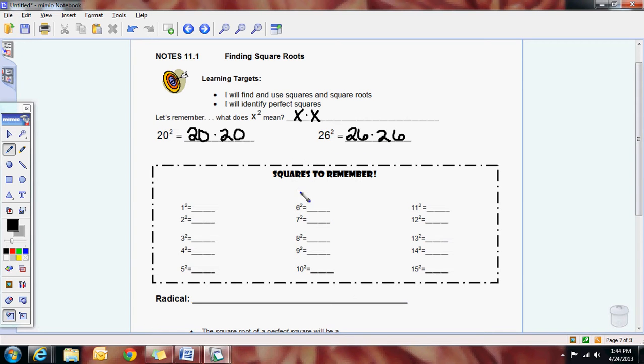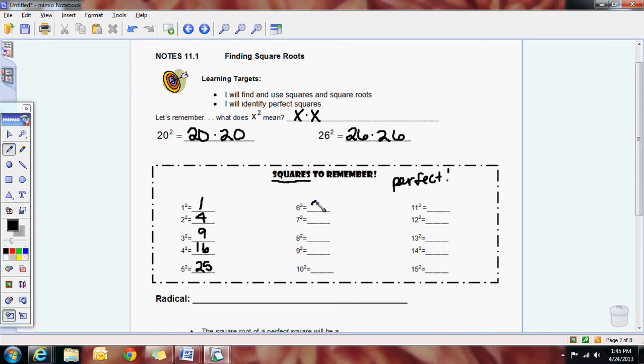That's what squared means. So if we're squaring all of these different things, there are certain ones that you're going to need to remember. And these are your perfect squares that we're going to be talking about today. So perfect squares are what we're putting in these boxes. We're going to go along with them together. If you don't need me to list them for you, you can go ahead and fill it out on your own. So 1 times 1 is 1, 2 times 2 is 4, 3 times 3, 4 times 4, 5 times 5,